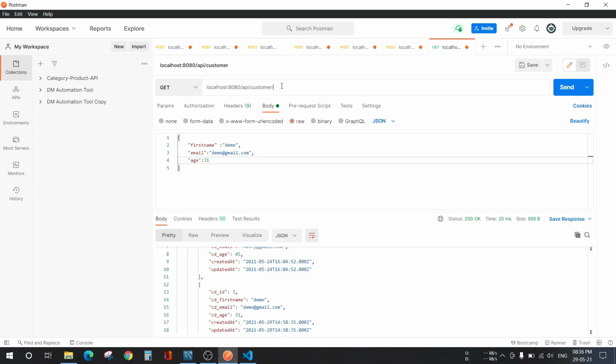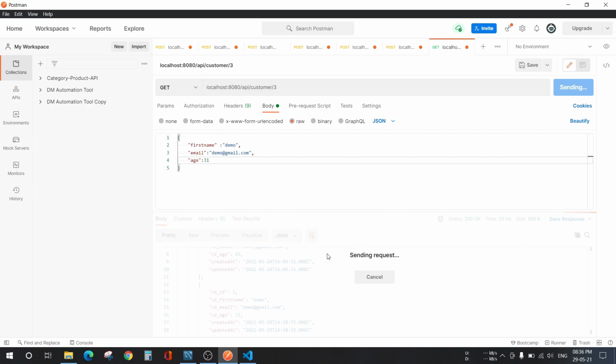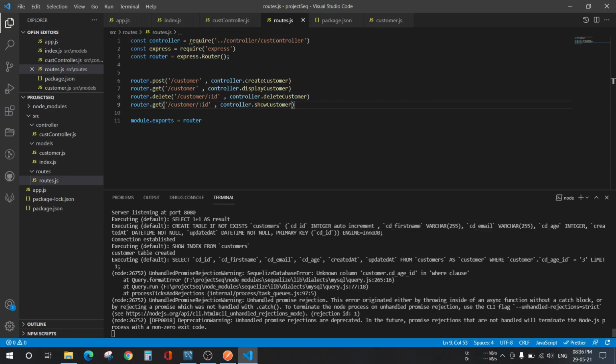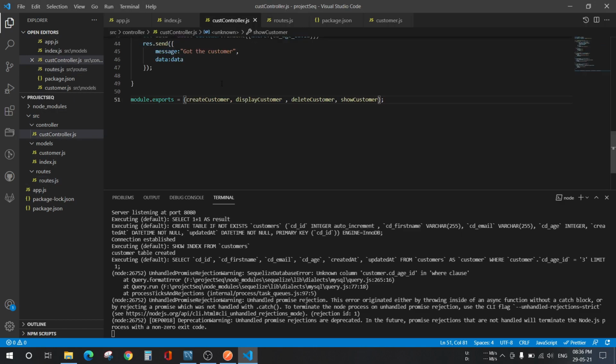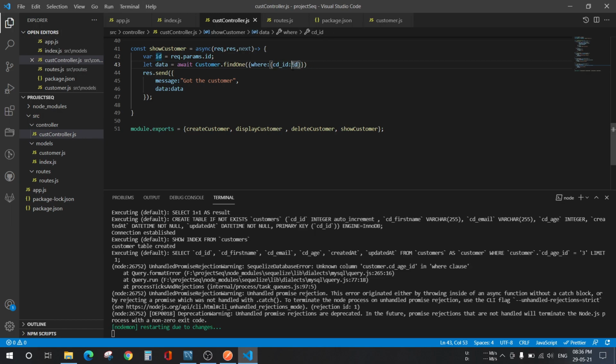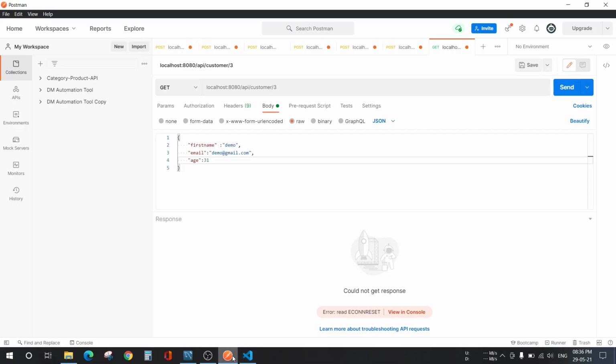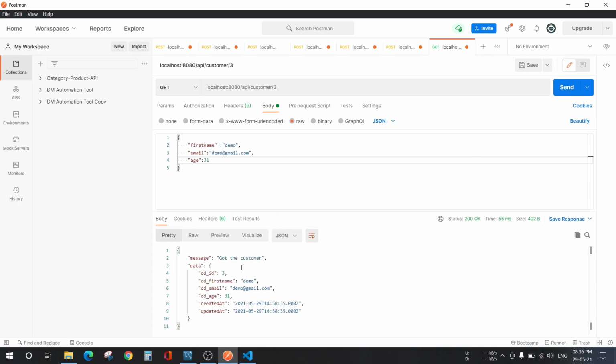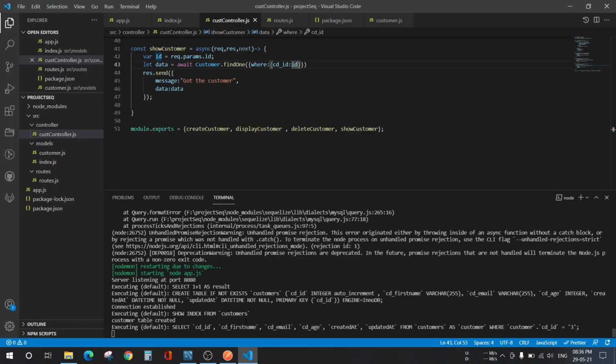Let's give the ID 3. Okay, there's something. Here it will be ID. Just save it, and then again go to Postman, and so here we got the customer whose ID is 3. So in this way you can fetch the details of a particular customer.